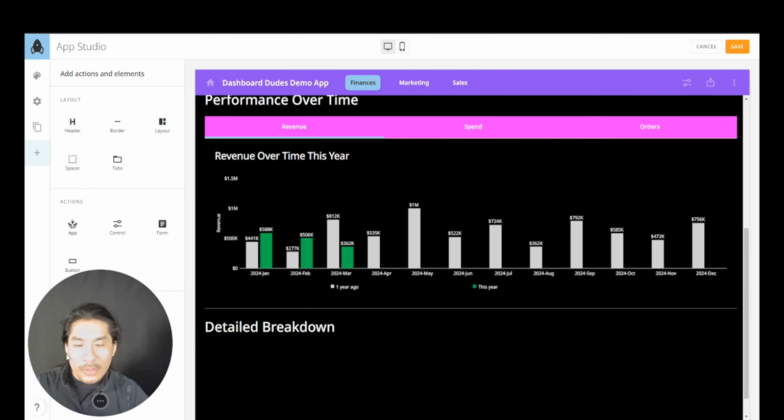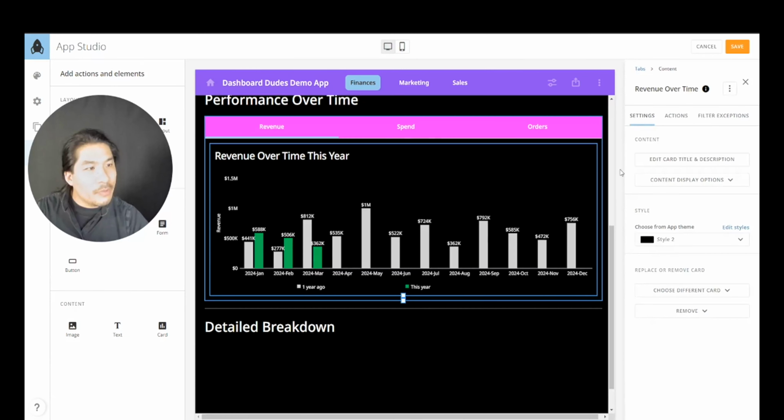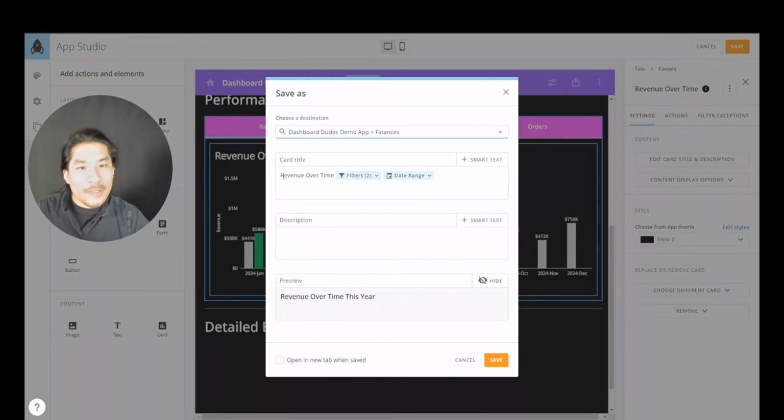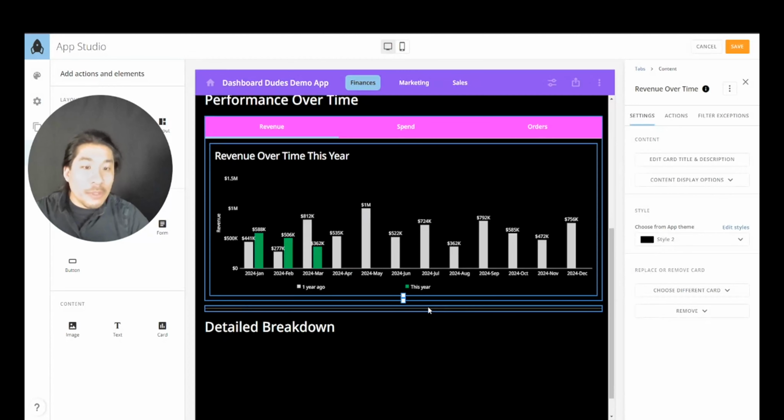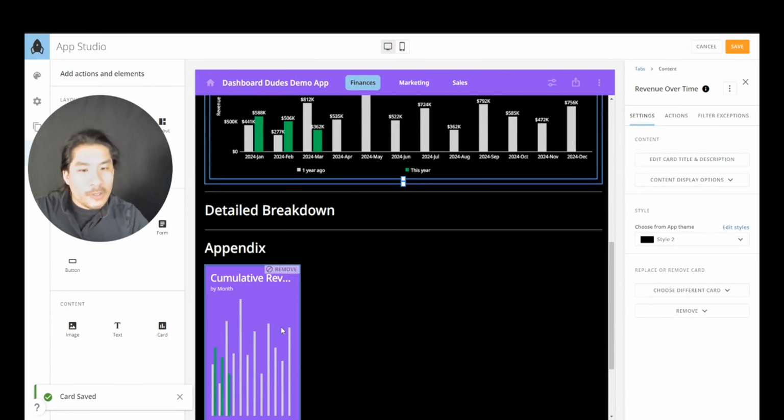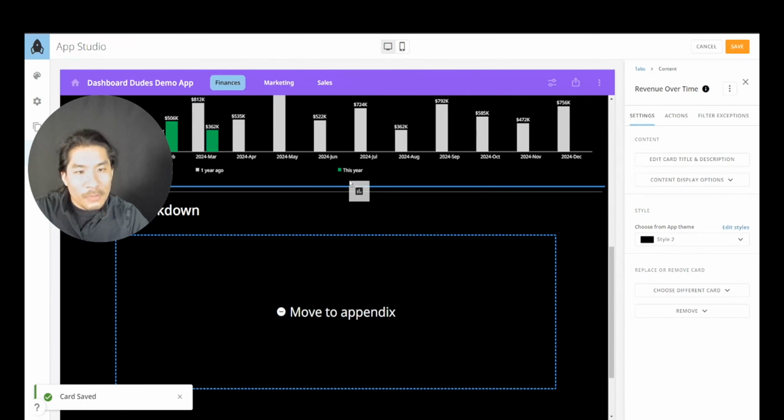This is fine, but can we be helpful? We can be much more helpful than this. I'm going to hit this chart. I'm going to hit the 3 little dots. I'm going to do another save as, and we're going to call this next one cumulative revenue. So my issue with doing charts that are just like the one that we did is while you can tell month over month, it's a little bit hard to tell, hey, what's going on so far year to date. We're going to grab this one, put it under,